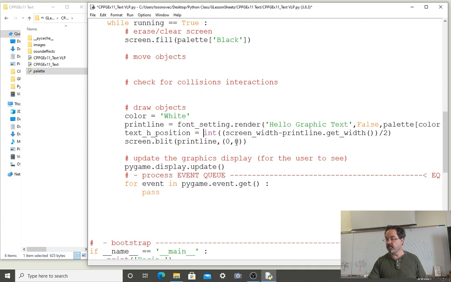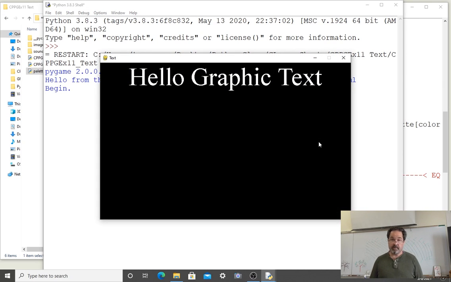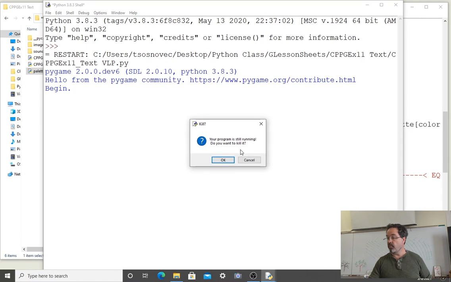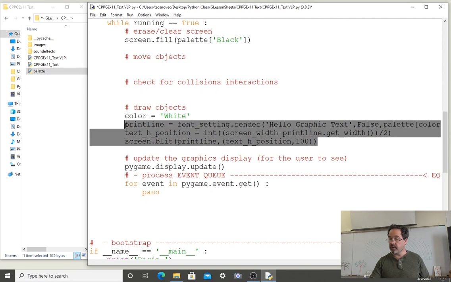And instead of blitting at 0, 0, I'm going to make use of that value as the x value. Let's see if it centers it. I had to do this dynamically because remember, I don't know what the width of that print line is before it's rendered. But I can see it centered now, and I want to push it down from the top a little bit, so I'm going to give it a y value of 100 instead of 0. The next thing I'm going to do is copy all of this,